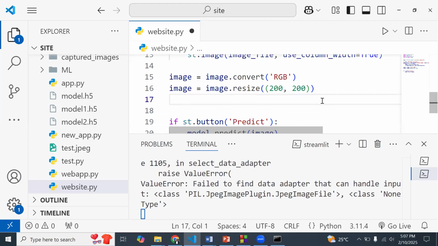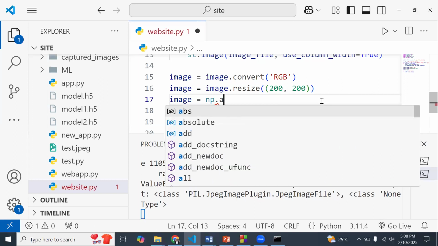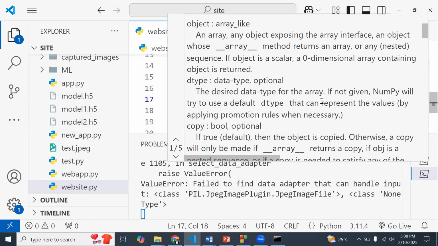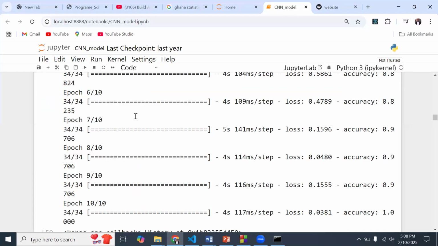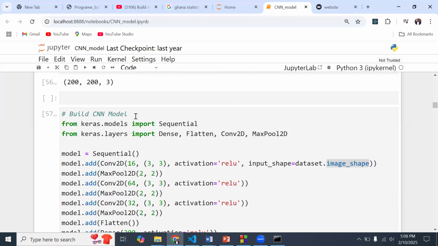Now that we have this out of the way, we can proceed to do image is equal to NP, which we already have, that's NumPy array. We convert this image into a NumPy array. And then what we can do right away is also scale it down by 255, because this is also something we dealt with when we were building the model.